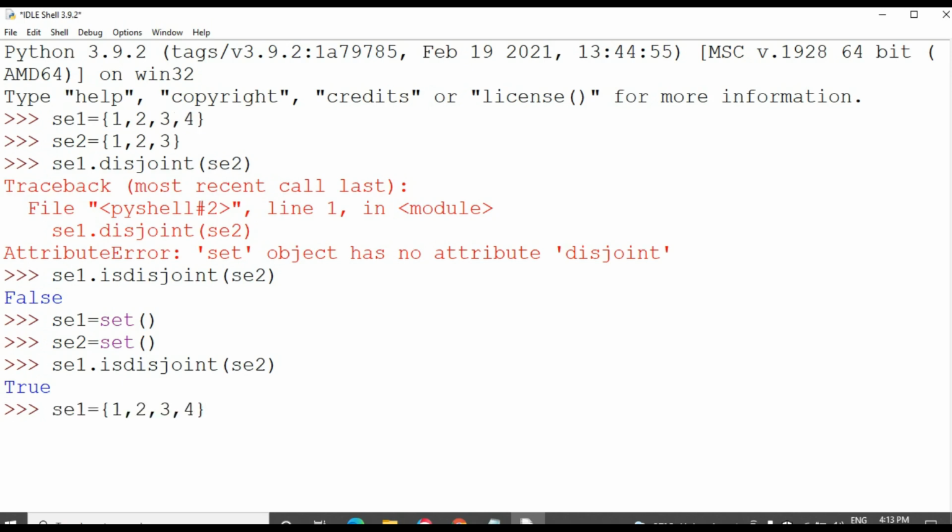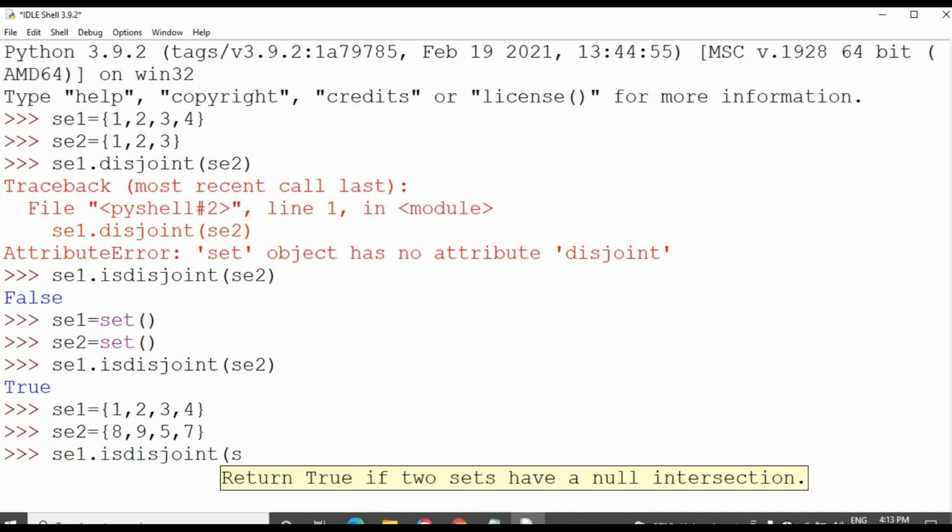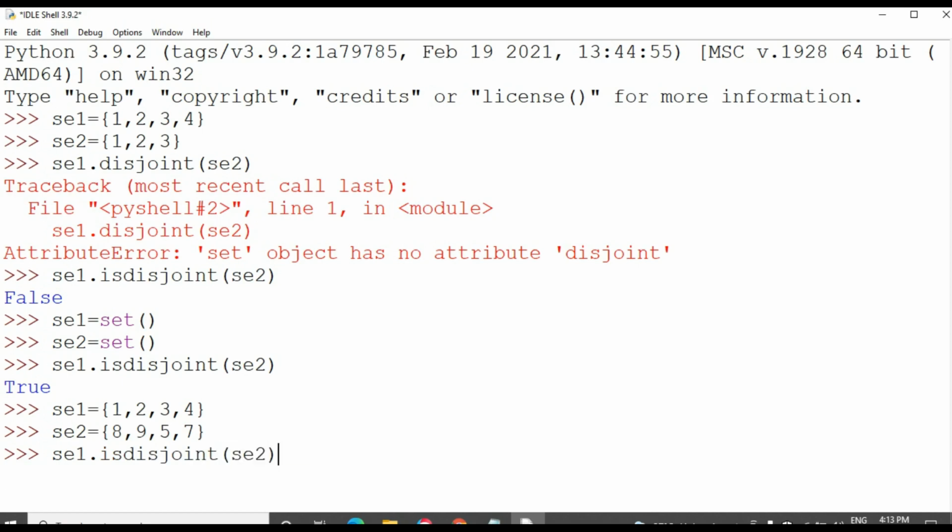I am going to take one more example: set 1 as before, then set 2 equal to 8 9 5 7. Then set 1 dot isdisjoint of set 2.